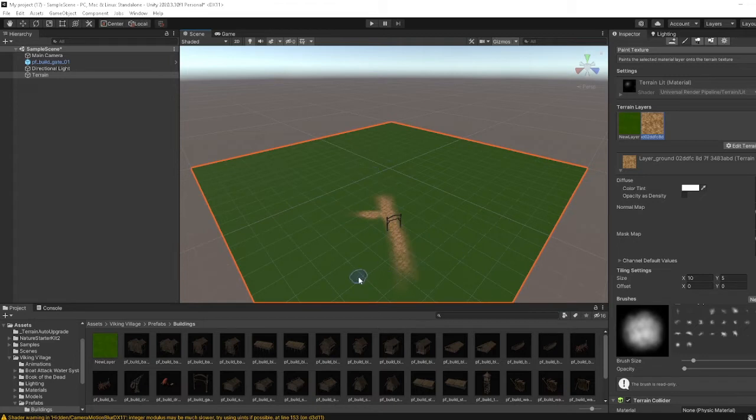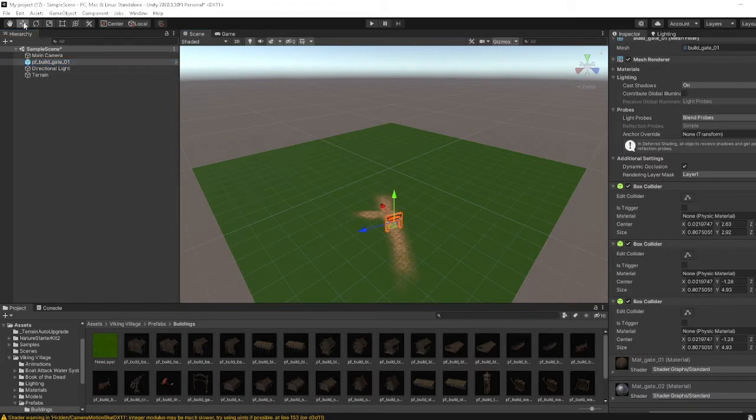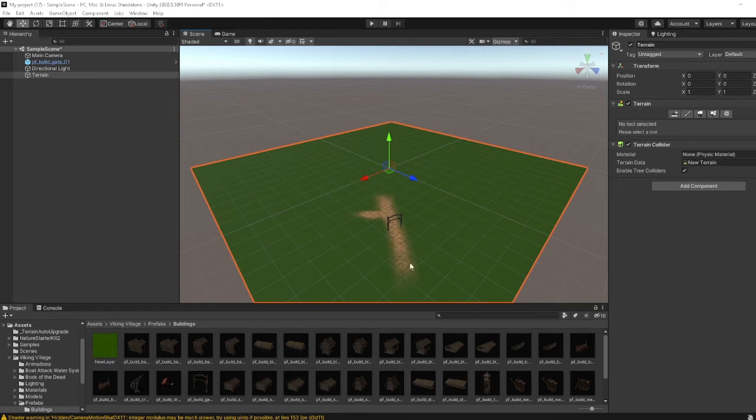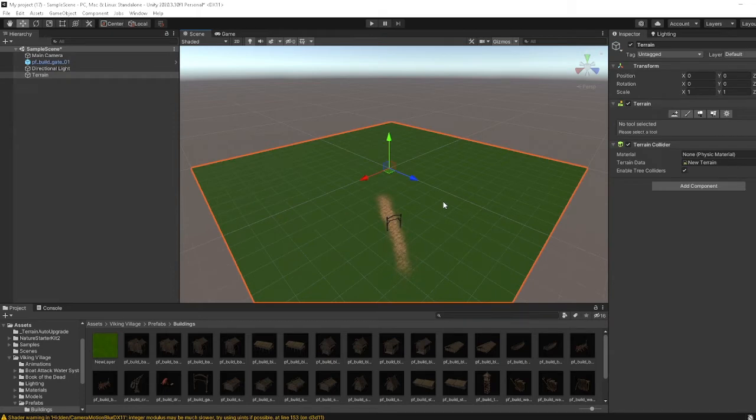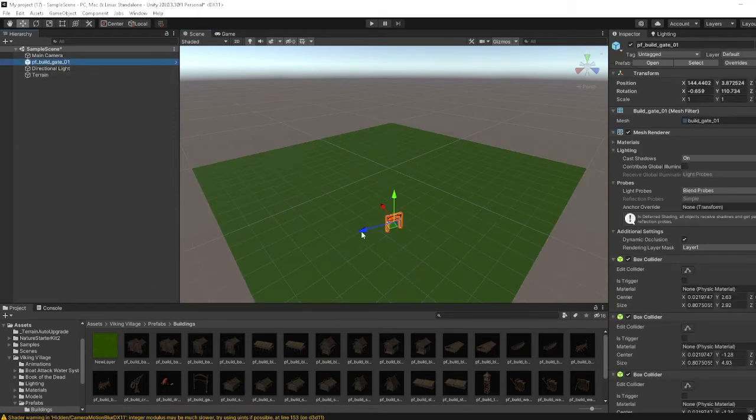Just have it like this for now. So we are going to, when we can move this a little bit. Yeah. So we are going to make a path. So either you can have it like this, or else we will start with this. So either you have it like this, or